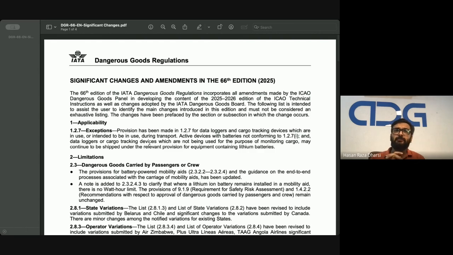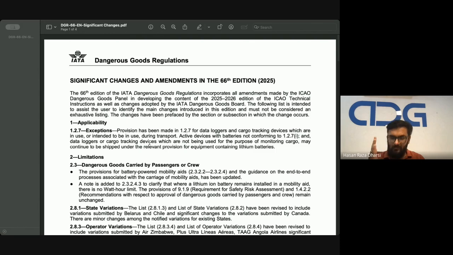Coming up to the applicability part, which is our Section 1, as we know the book is divided into 10 different sections, and after these sections there are appendices: Appendix A, Appendix B, Appendix C, Appendix D, Appendix E, Appendix F, and so on. Coming back to the changes which we were discussing,